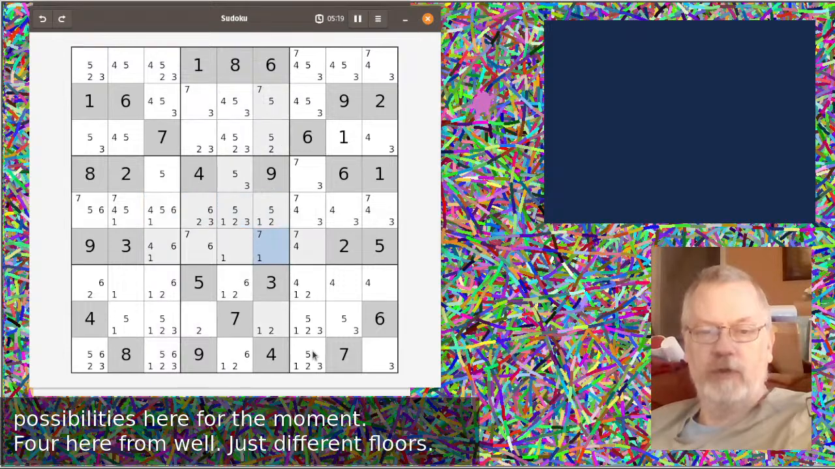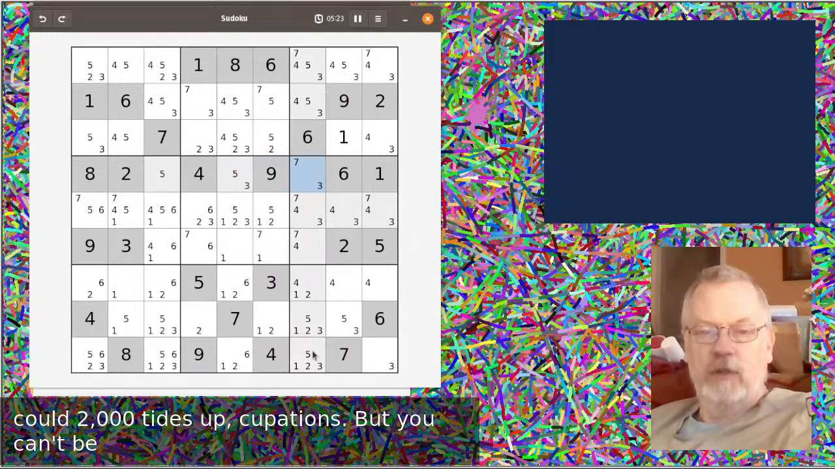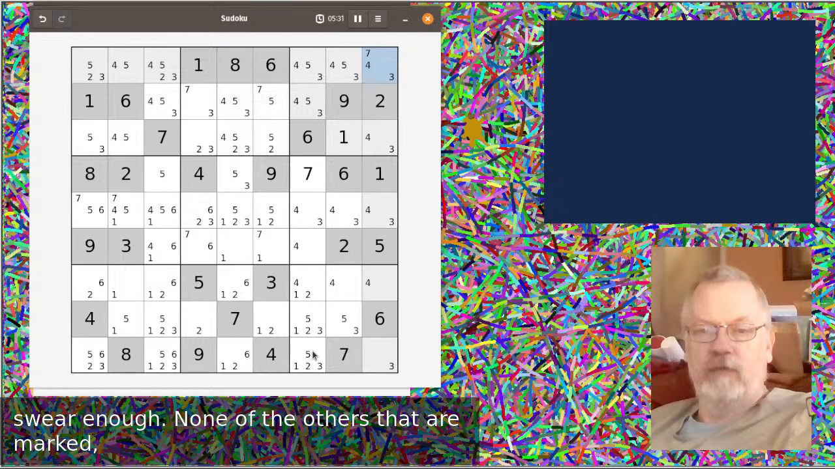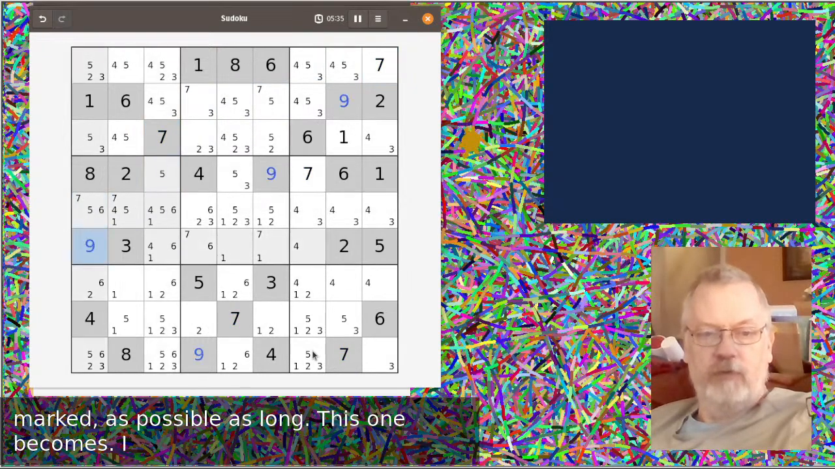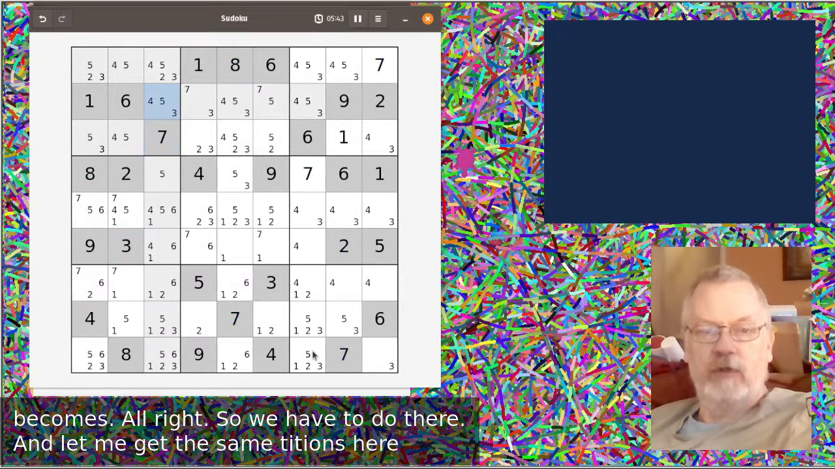These two can't be, since we've got just these two in this square now. This one is a seven. The others that I marked as possible are. This one becomes not a seven, and this one is a seven. All right, so we've got those two there, and it looks like we've got the same two positions here as well. Okay, eight. We've got an eight here,